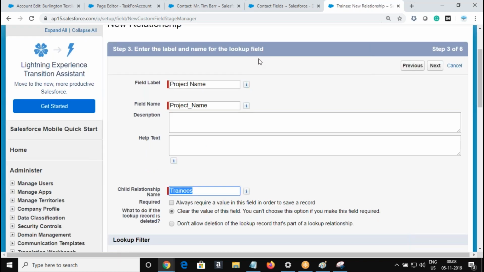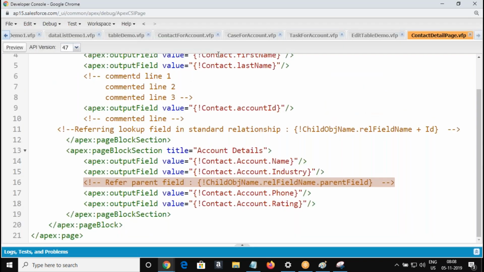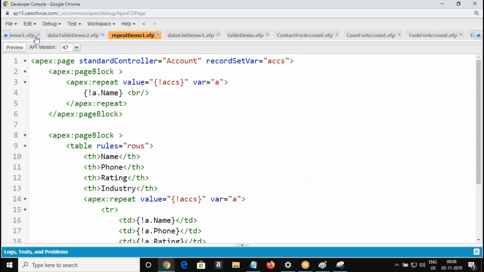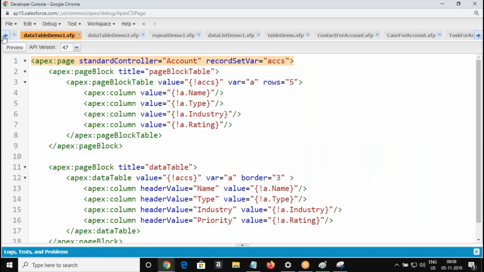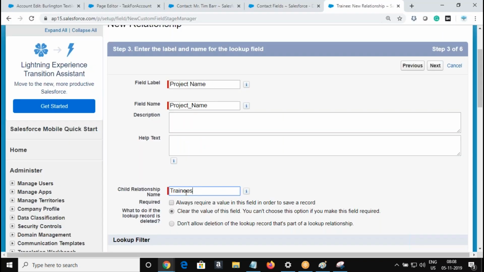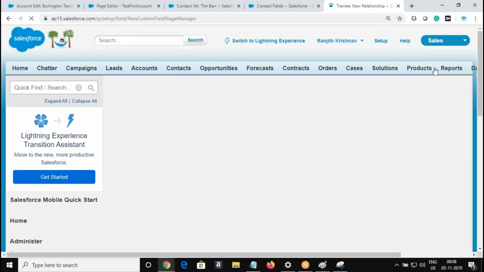When you're referring to a child record from a parent object, we refer to the plural name, right? For an account, we refer to the contacts, the child details. They follow the plural naming convention. So by default, the child will always have a plural name. Got me? Right. Next.